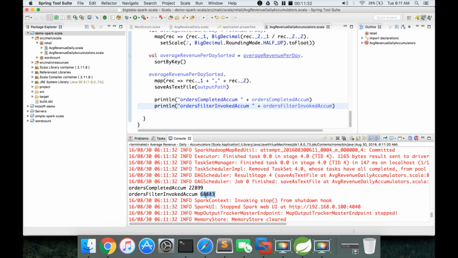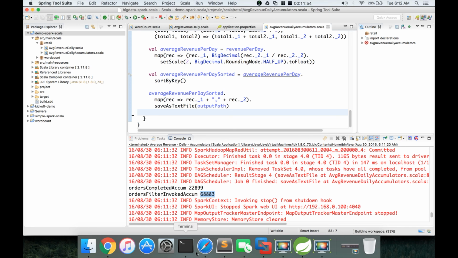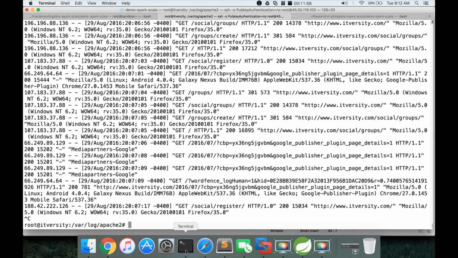So that is how we can actually leverage the accumulators and get information about what is going on as part of our program, and this information comes handy to validate our data quality and also to perform the unit testing. So now I am deleting these 2 lines. Save it. Go to the appropriate